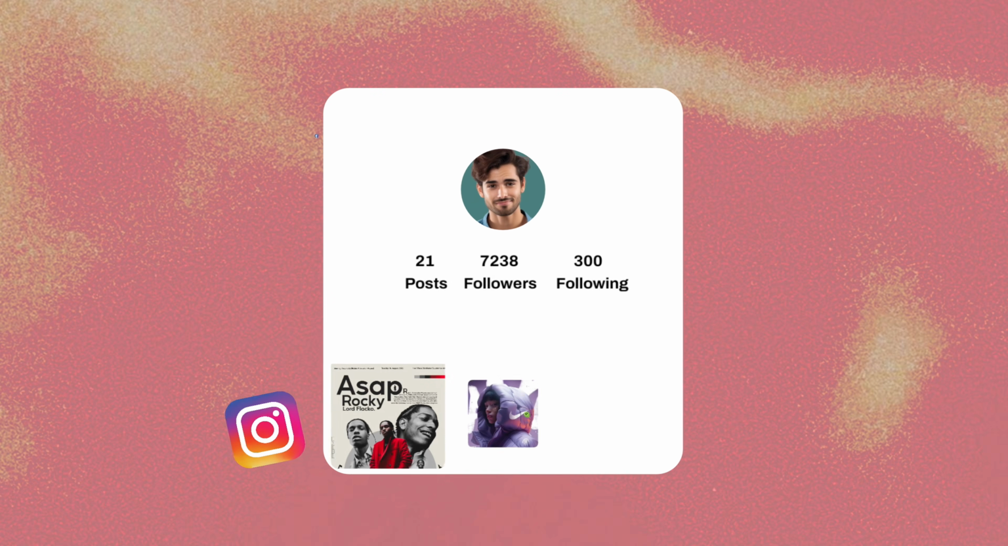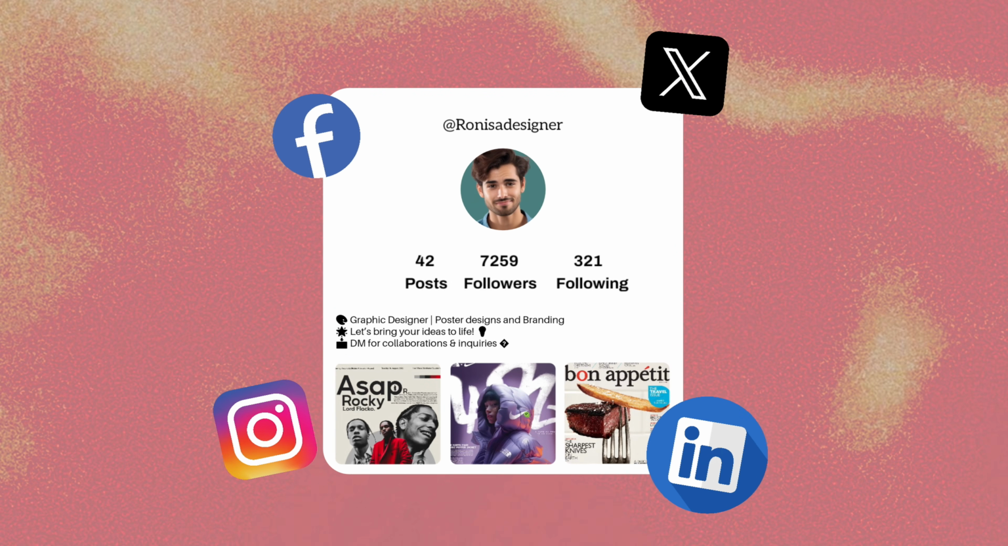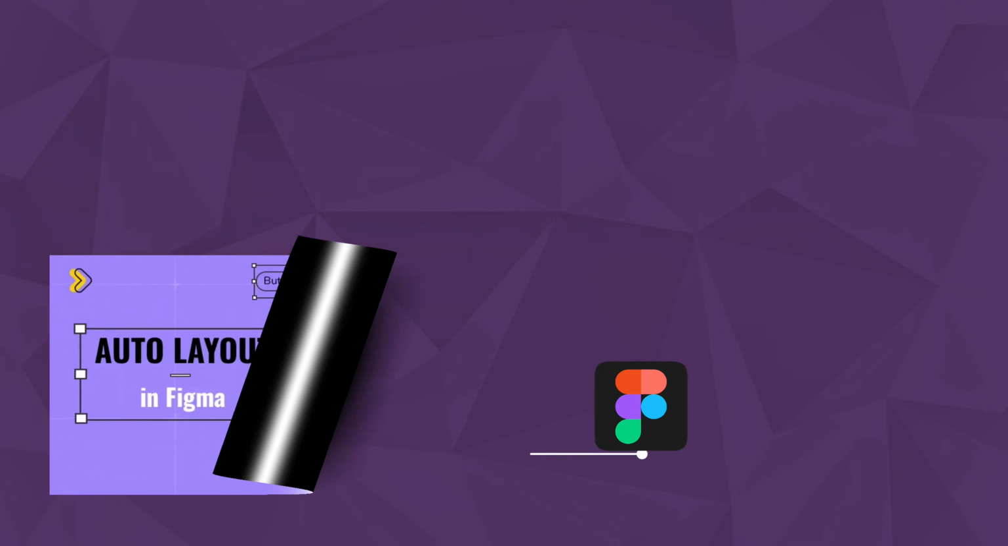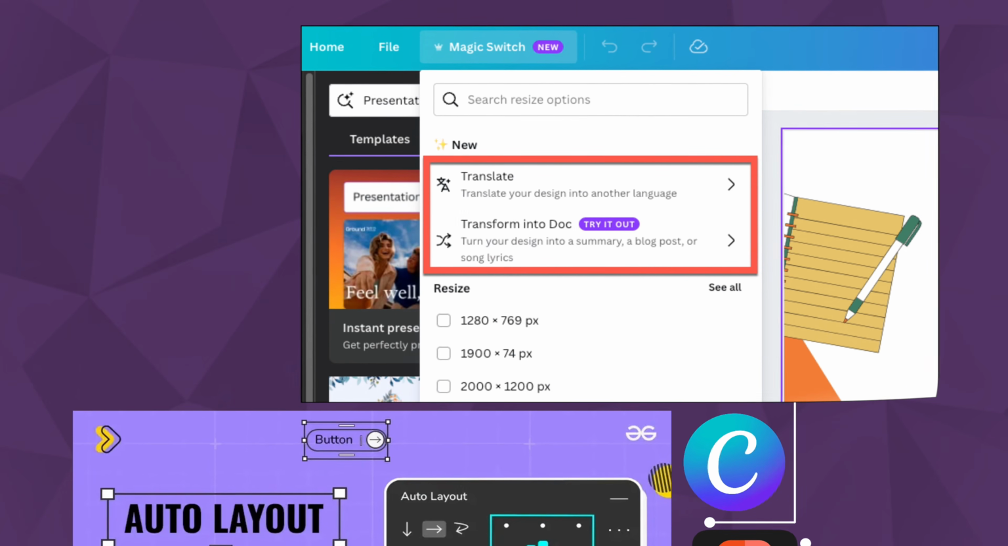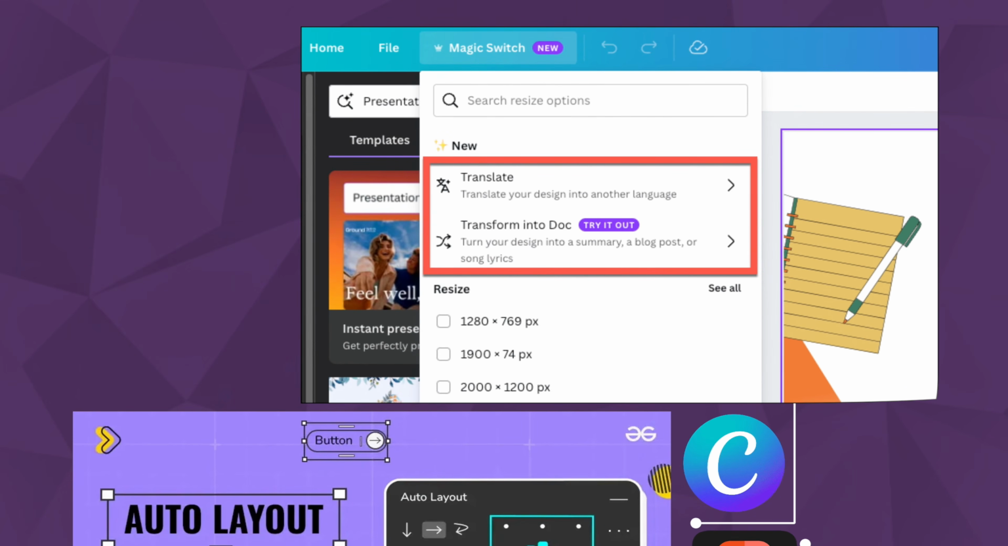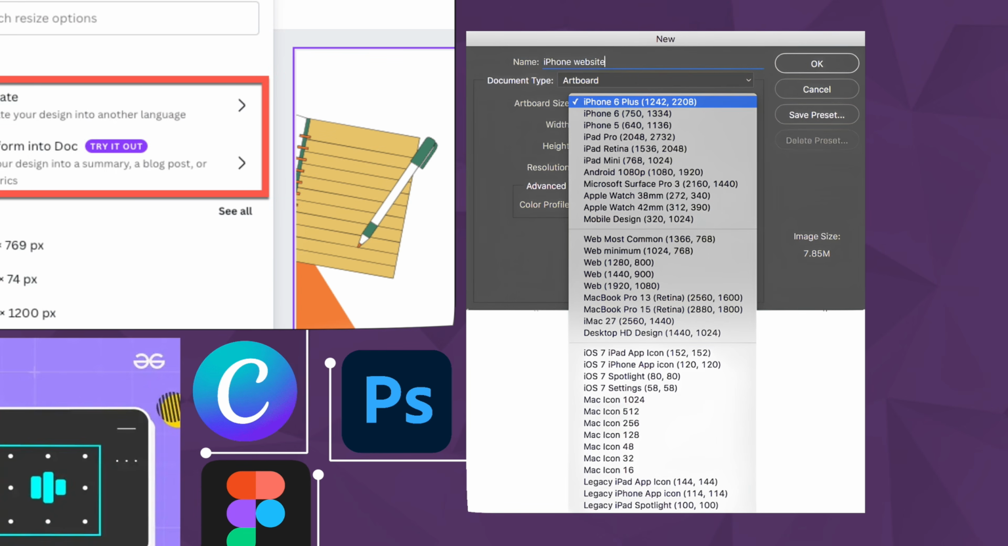Manually adjusting social media graphics for different platforms can be tedious. Instead, try using automated tools. In Figma, use auto layouts plus components to create dynamic, resizable designs. And in Canva, you can use the magic resize option to instantly generate multiple different versions. And in Photoshop, set up artboard templates with predefined sizes for Instagram, Twitter, LinkedIn, and YouTube, or any other social